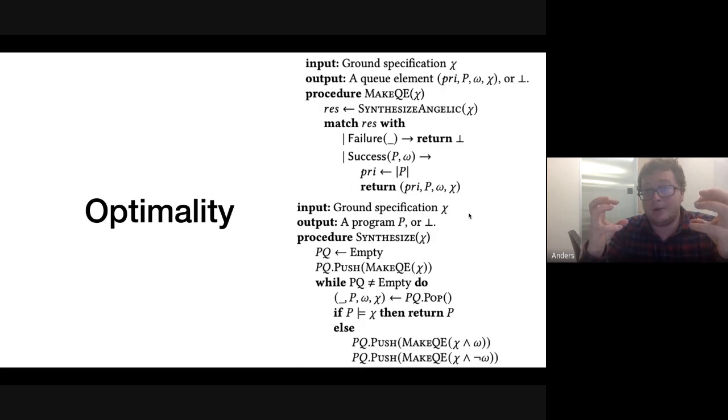We add them both into a priority queue where the priority is aligned with how good the program is. And so we generate the best programs first. And, with a little bit of reasoning, you can ensure that this does in fact return the optimal program.